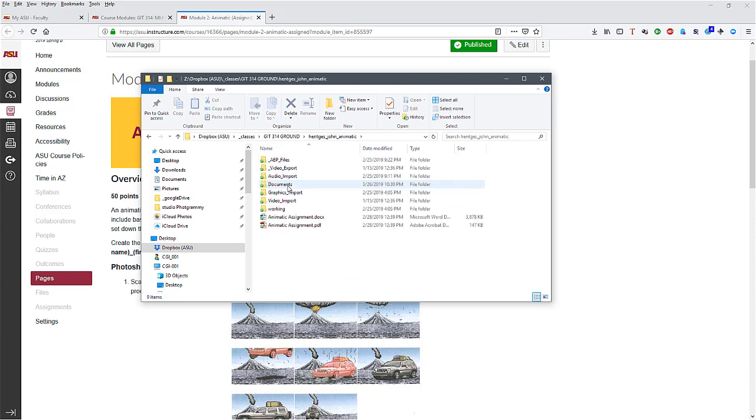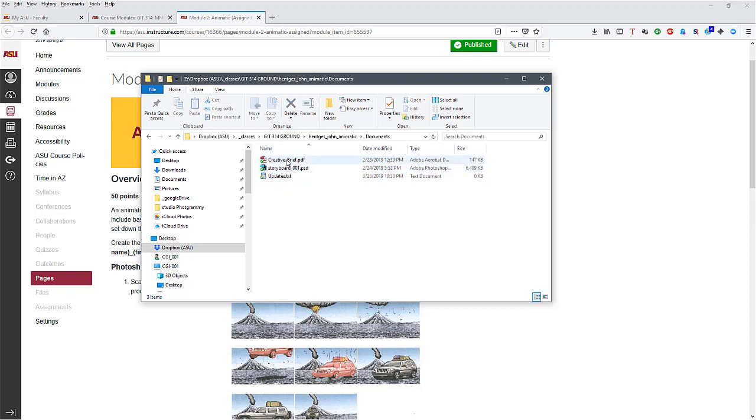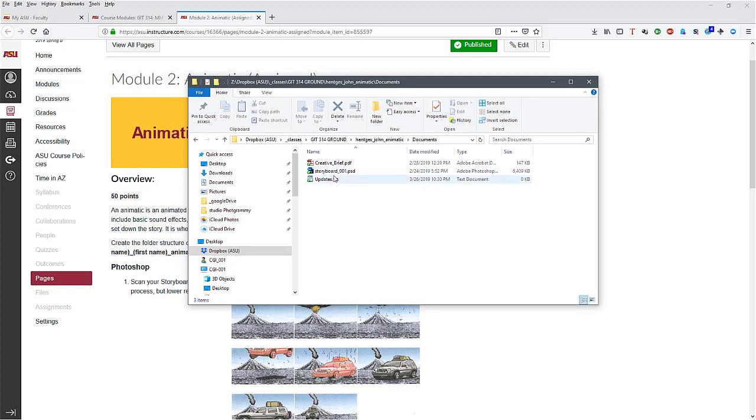You open it up and you have your base directories. These top directories are going to be your base directories. Go ahead and drop in your creative brief and your storyboard. And you might want to start an updated text file, and this will be an ongoing file. So from there, we're going to open up the storyboard